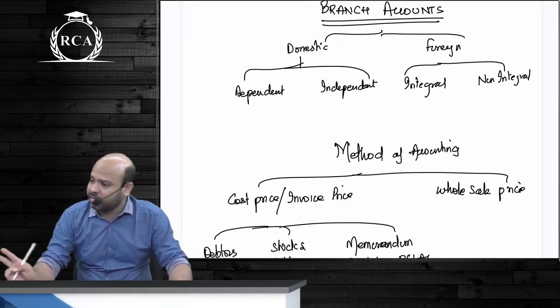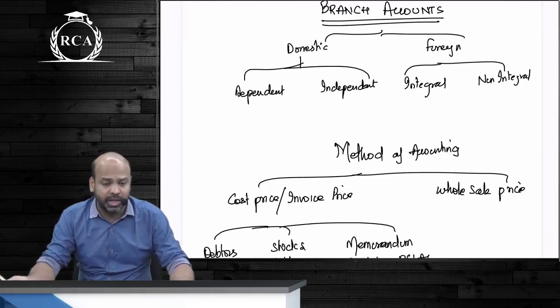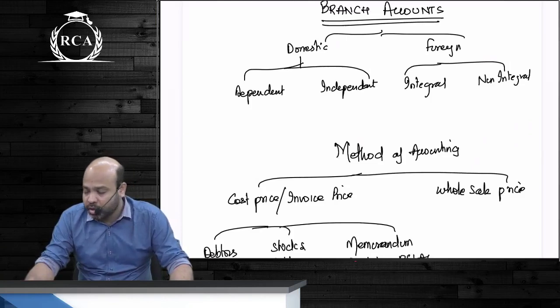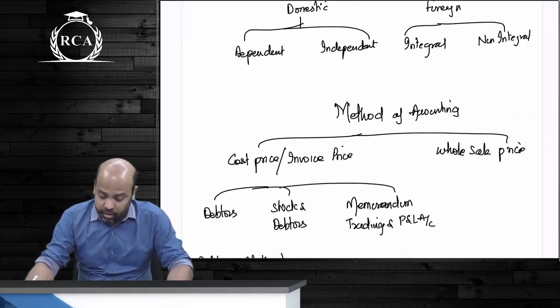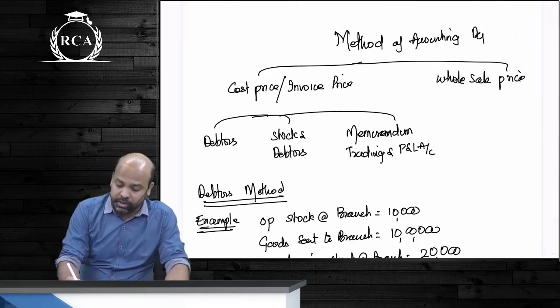The accounting, guys, whether it is domestic branches, whether it is foreign branches, will all depend on this classification first. So it is very important to identify whether it's a dependent branch, independent branch, or whether it's an integral foreign operation or a non-integral foreign operation. As far as method of accounting is concerned, guys, for dependent branches,